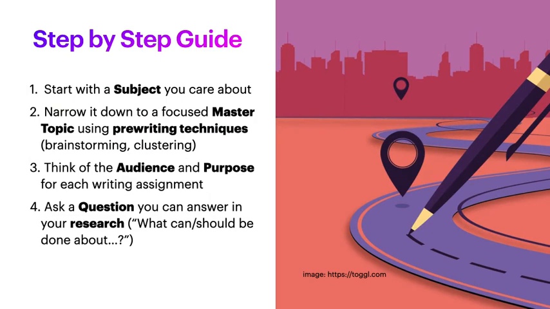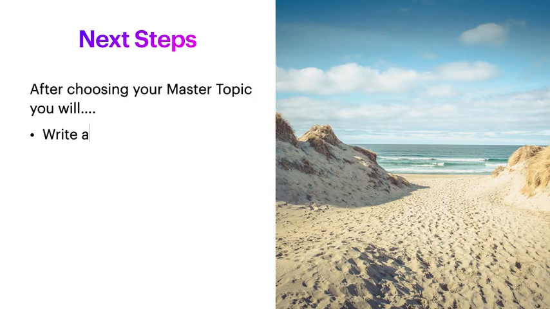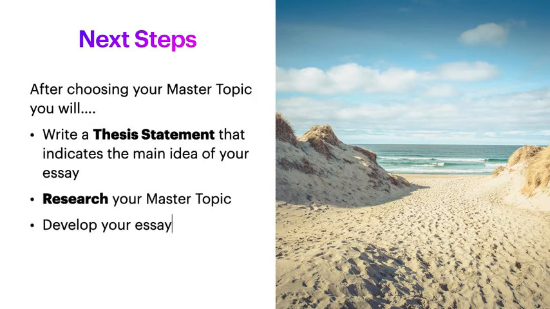So just to review, this is the step-by-step guide that you want to go through when you're choosing your master topic. Start with a subject you care about, narrow it down using those pre-writing techniques, either brainstorming or clustering. Think about your audience and purpose for each writing assignment, and then ask a question that you can answer in your research. So the next steps, after you choose your master topic, so you'll also need to write